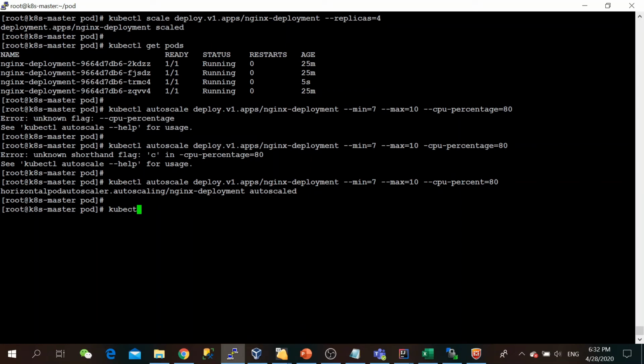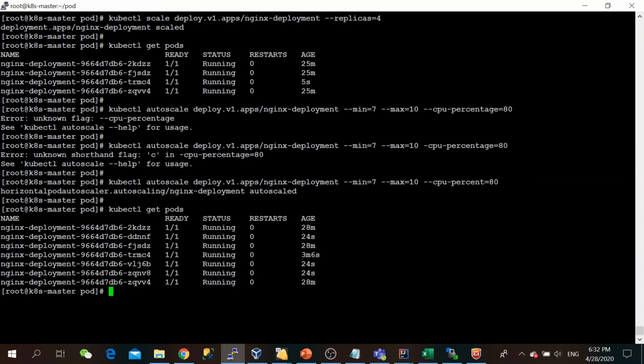So whenever the load goes down, it will scale down to the minimum of 7 pods, and it will scale up to a max of 10 pods whenever the CPU percentage goes higher than 80%. kubectl get pods. Okay, as of now the minimum requirement we have given is 7, so we can see that 7 pods are running.